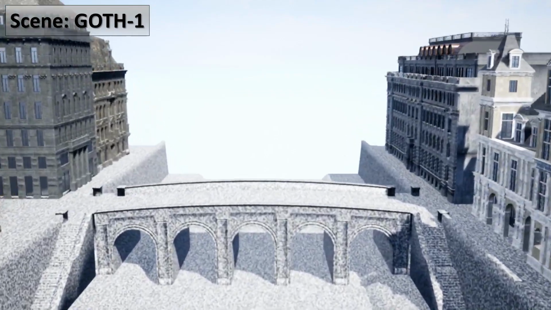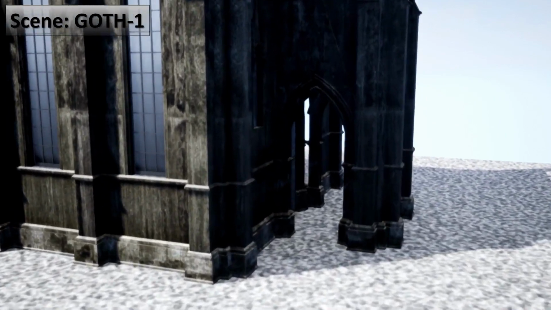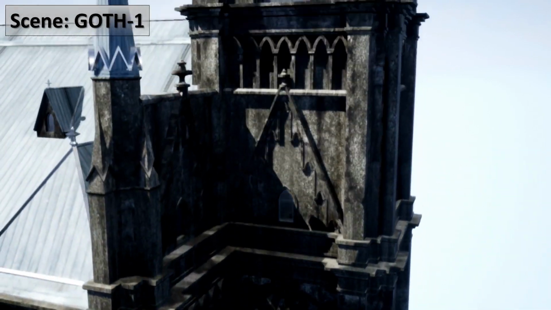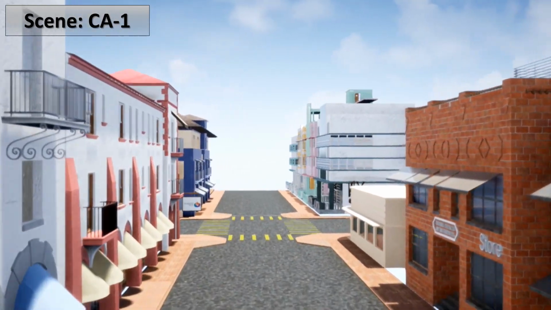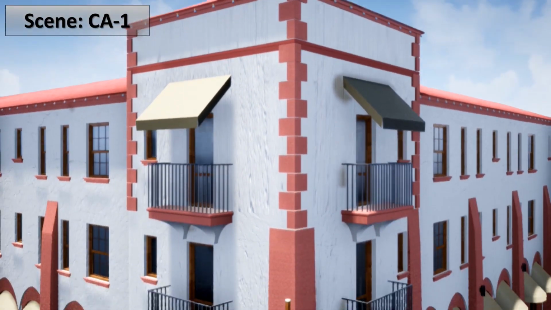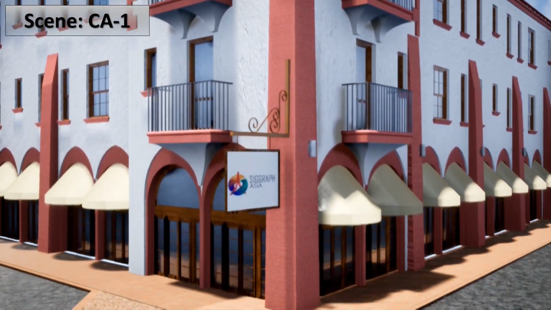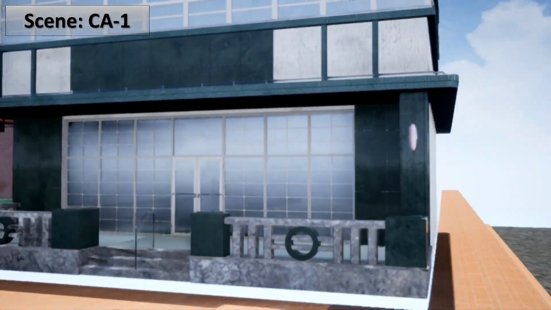Our second scene, Goth1, is modeled after the Gothic architecture found in Europe. The highlight of this dataset is the cathedral, with clock tower and difficult to capture arches and steeples. Our third scene, CA1, is modeled after the downtown storefronts found in Southern California. In contrast to other scenes, we texture these scenes with very homogeneous stucco-style texture, which proves very difficult for SFM